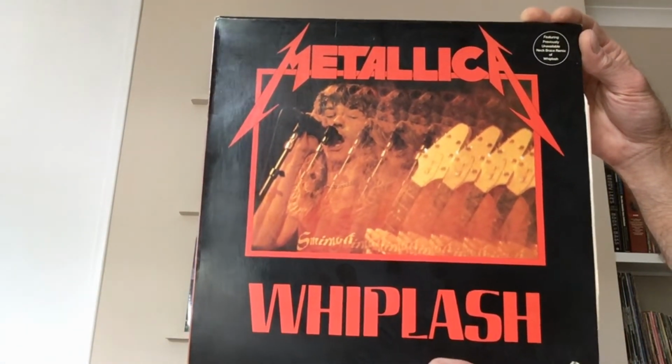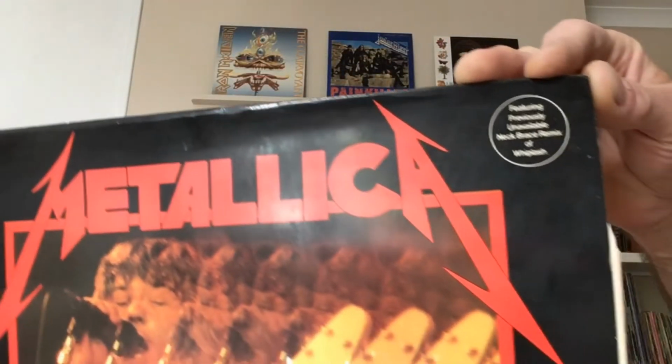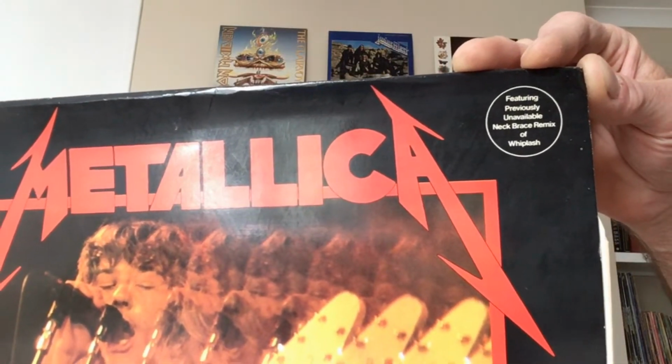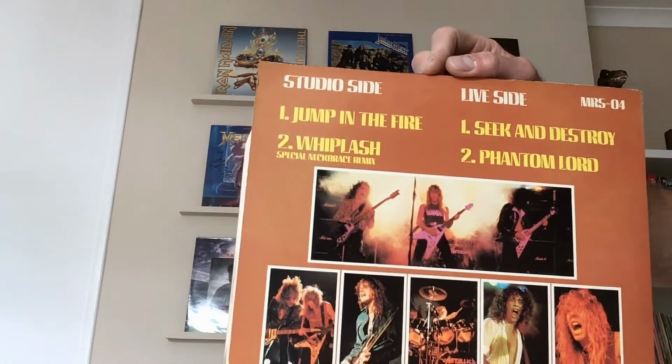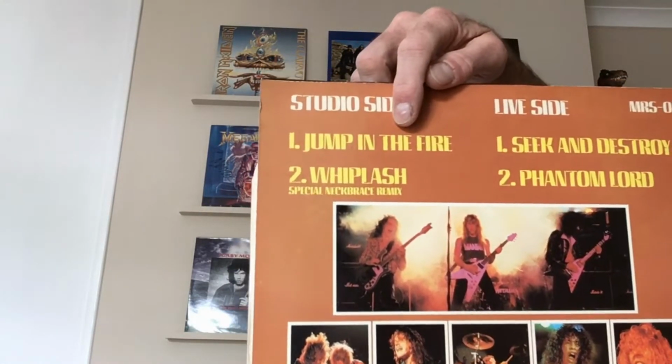Metallica, Whiplash, this is their EP from 1983. This was actually the first single from their debut album, and this being the previously unreleased, it says here, Neck Brace remix, appropriately enough for a song called Whiplash. 4 tracks on here. Strangely, it starts not with the title track, but with Jump in the Fire,